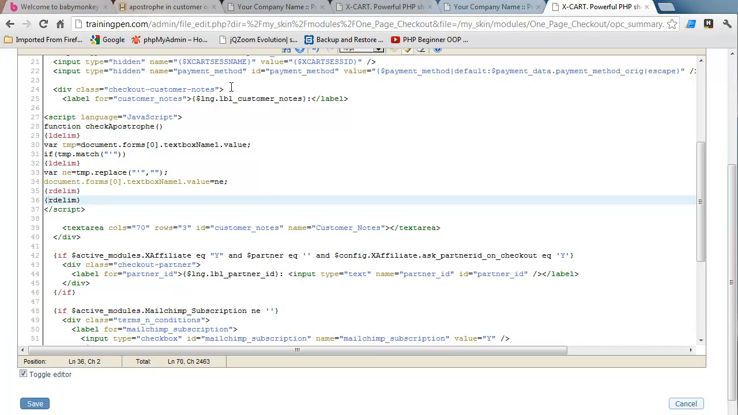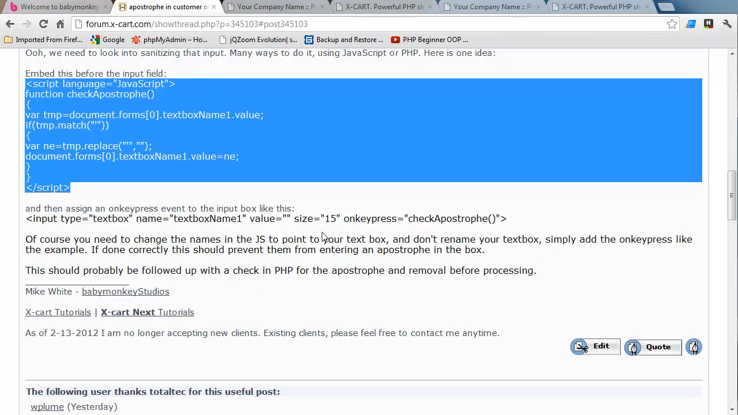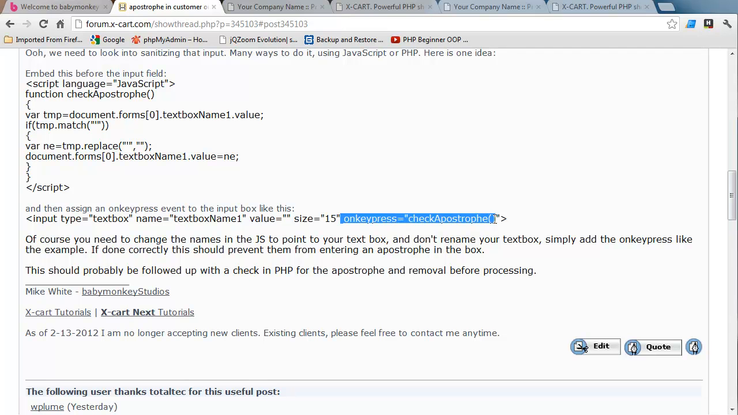When I was providing my example to the person, I couldn't tell them exactly what to do, not knowing the exact situation. But I can see in my case I have a text area. The rows are 3. It has an ID of customer notes and a name customer notes. And remember how we found that out, which one we were affecting. And so now what we need to do is assign this onKeyPress event first of all. So I'm going to take this onKeyPress event,